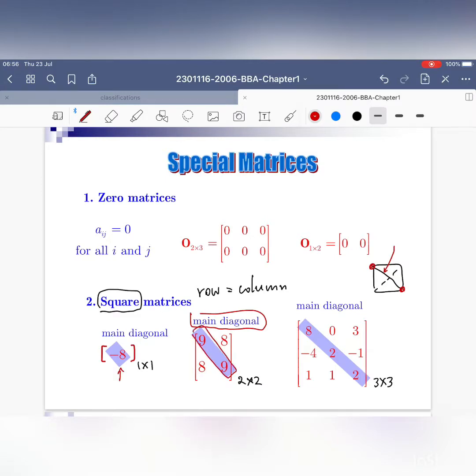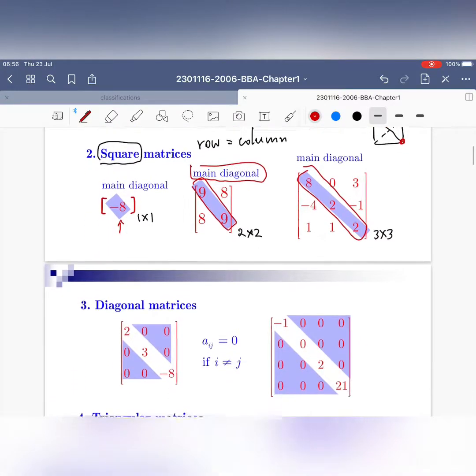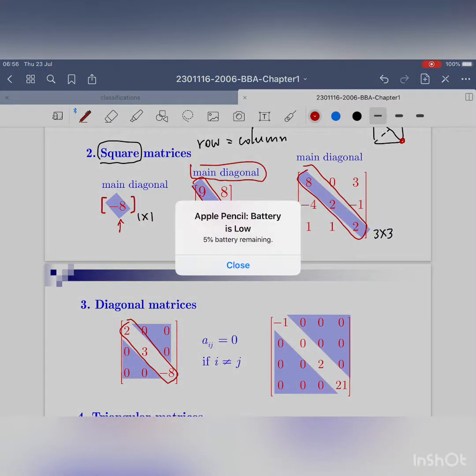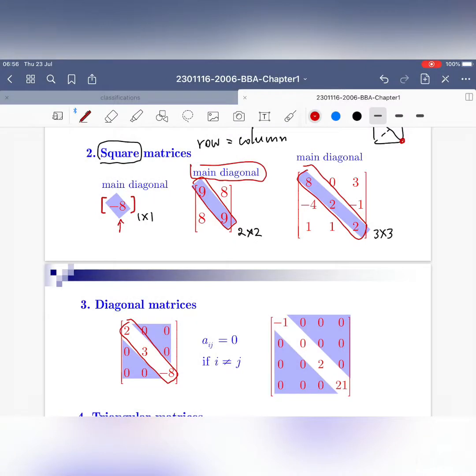Here is the main diagonal for the second matrix, and there is the main diagonal for the third matrix, okay. All right. Another one is the so-called diagonal matrix. For the diagonal matrix, it means that you have the non-zero elements, actually maybe not non-zero, but all the elements that you concentrate on are on the main diagonal, but then the rest, you see, the rest, they